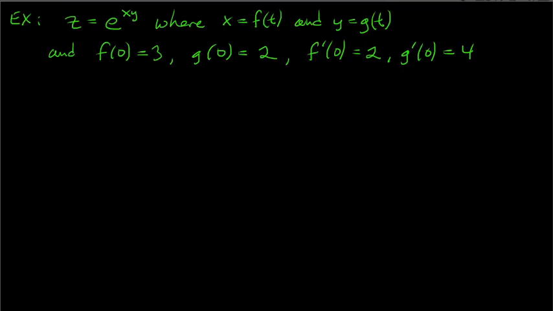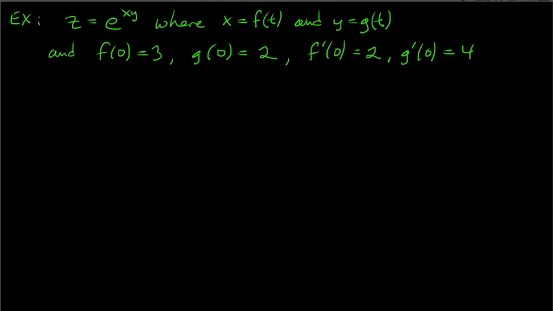So here's an example. We're given z as a function of x and y. It's just e to the xy. But we're not given x and y in terms of t, right? They're just some unknown functions, right? x is some function of t, f of t, and y is some other function of t, say g of t, right? And we're not given those functions, but we are given the values of those functions,